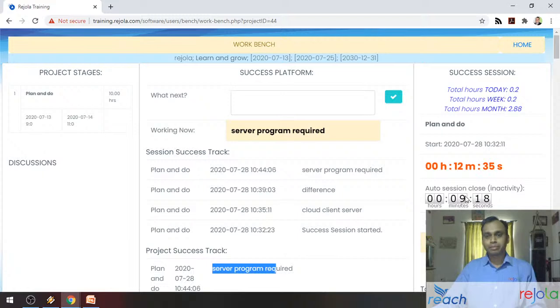And you can see a timer here, you can see how much time this particular session has run, you can see how many hours I've worked or I've trained in this month, how much today, how much this week. All these calculations are happening, and how it happens is,